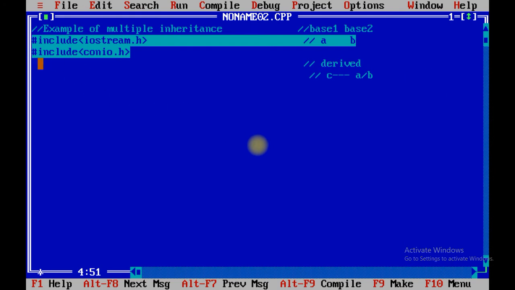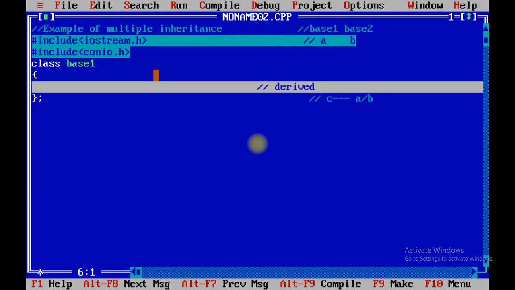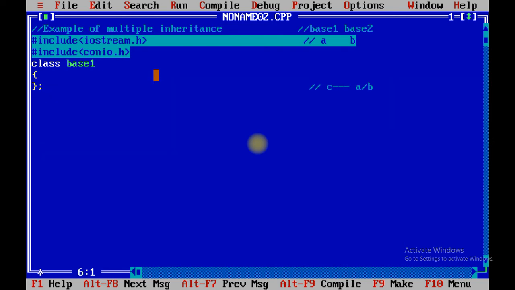Now let us create class base 1. We need to create two base classes, right? I am going to remove this comment line and I am going to delete it.